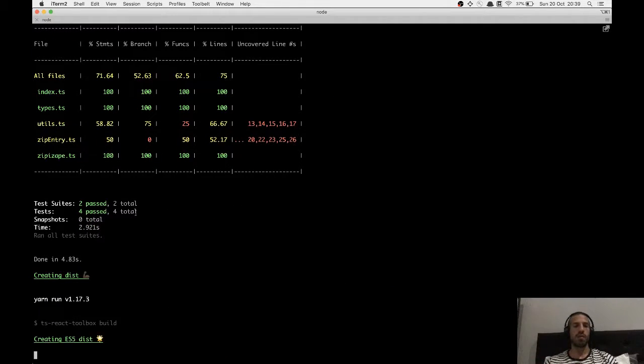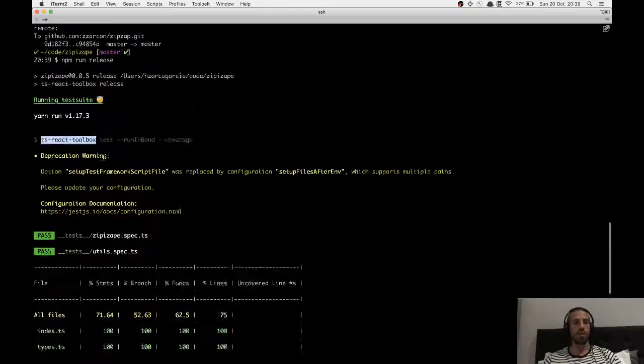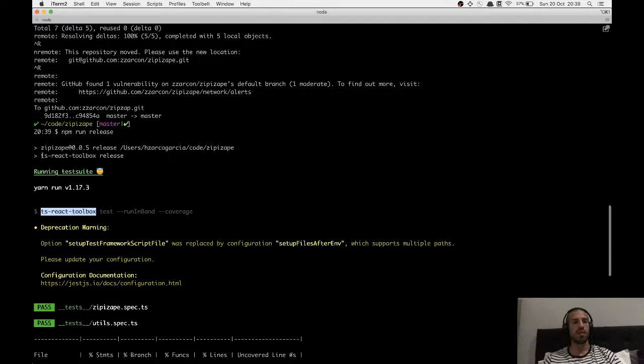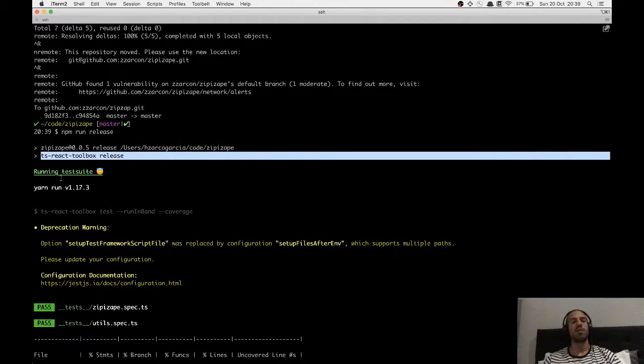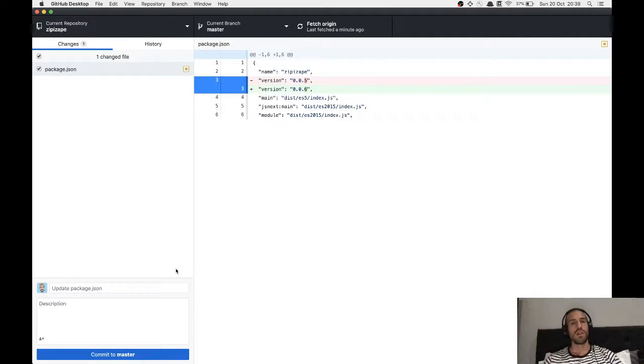The release command is actually a utility of the same library. So it's actually going to run the test. Sorry, this is the command it's running. So it's actually running the test and doing a bunch of stuff. This is annoying. I need to fix this. This happened because